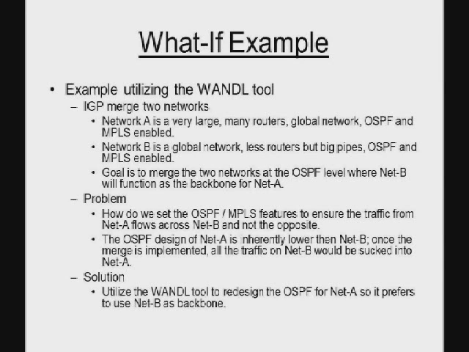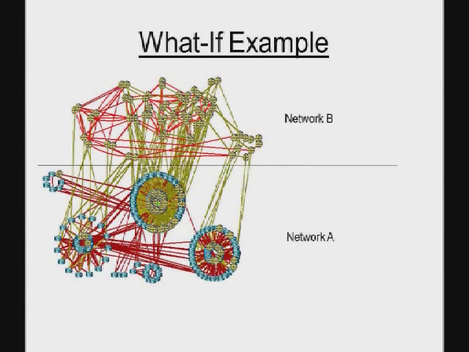The goal is we're going to IGP merge these. They're running two different IGPs right now. They're both running OSPF. Let me go ahead and flip. The bottom network, Network A, is the big network, 900 routers, global, really big. It's running OSPF. Its OSPF cost scheme is based on airline miles. So when we assign OSPF cost to a particular link, we're just using the airline miles distance to determine that. Network B, however, has an OSPF cost scheme based on route miles, or latency, to be exact. When we turn up a trunk, we understand the exact latency that it has, and we set the OSPF cost accordingly.